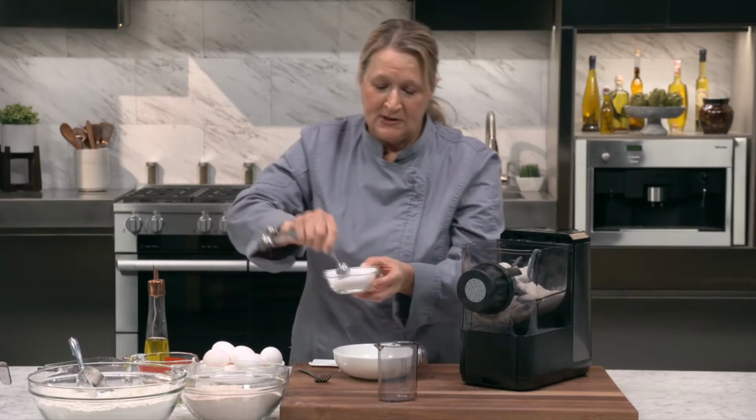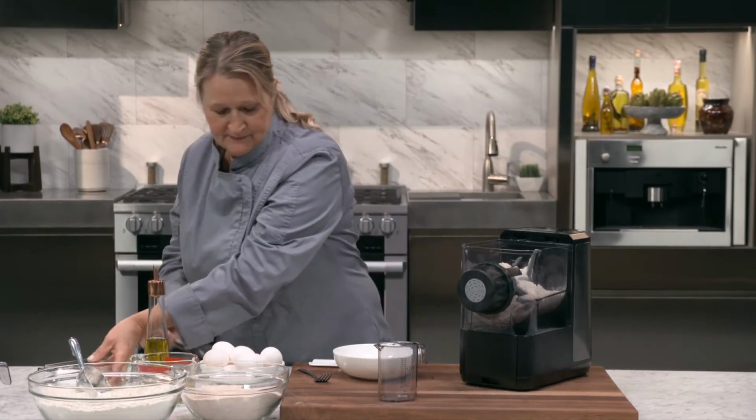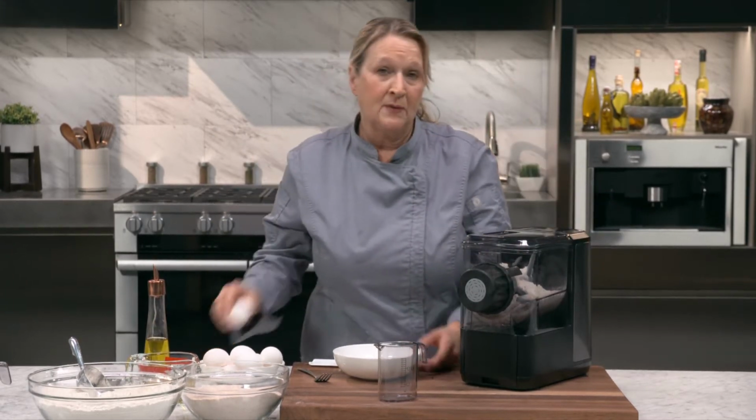And we're going to add 1 teaspoon of salt, and again, salt is for flavor. So that's all the dry ingredients that we need. So now we're going to secure the lid. It's just so simple. We're going to mix up 2 eggs,